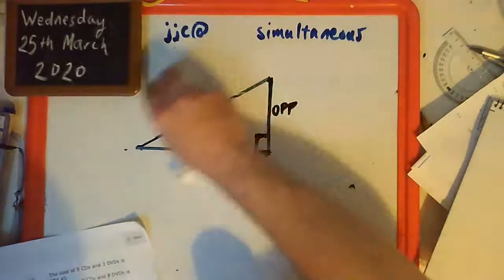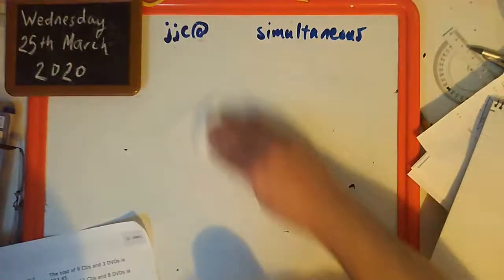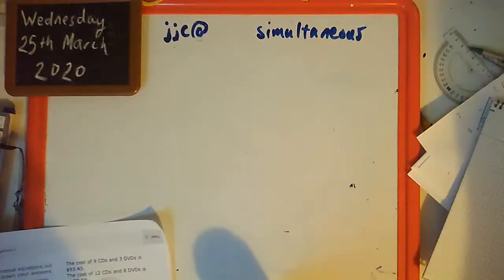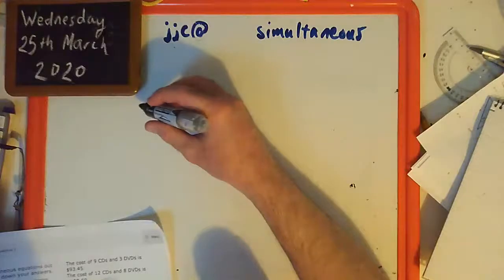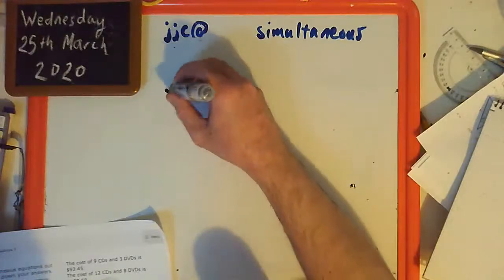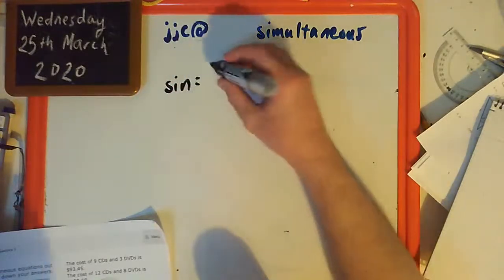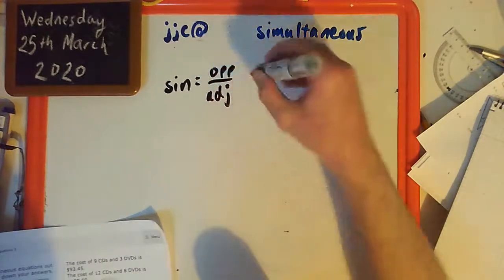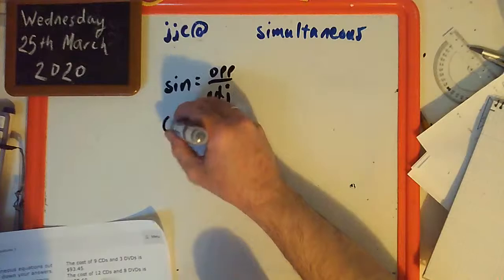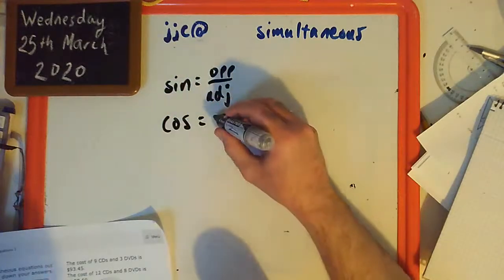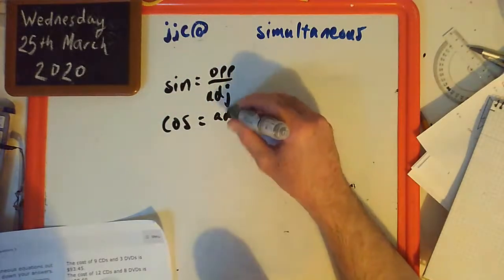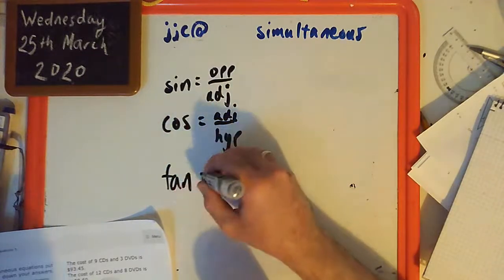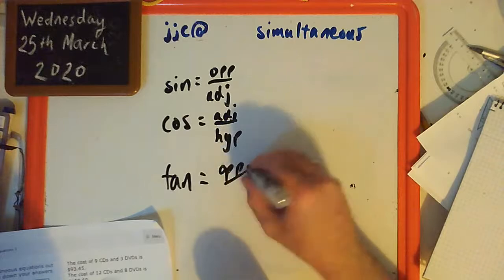So I'm going to assume that you're at the revision stage, so you've already learned about the trig ratios: sine equals opposite over hypotenuse, cosine or cos for short equals adjacent over hypotenuse, and then tan equals opposite over